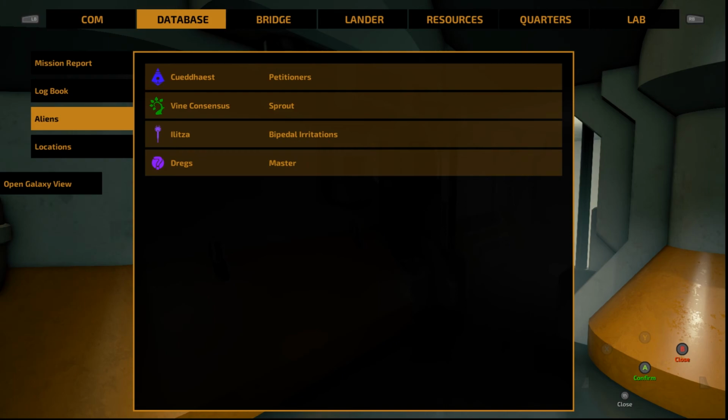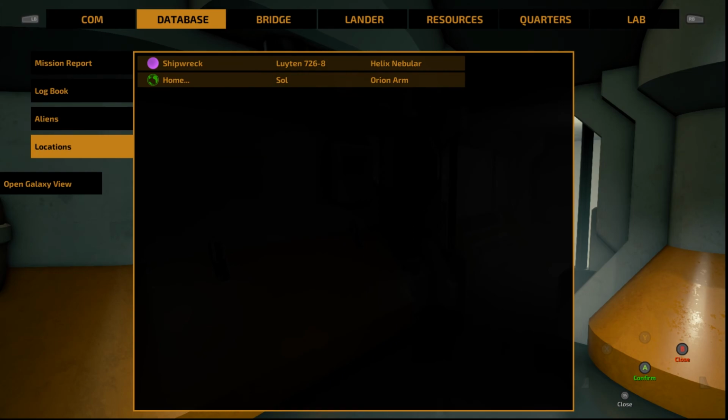Oh, so the dregs were... That one guy helped out. Okay. So it'd be nice to know where the Logos are so we could kind of make our decision based off of that. Okay, well...